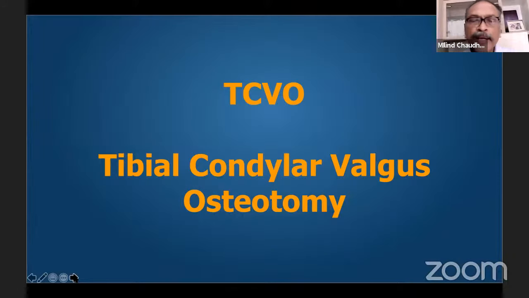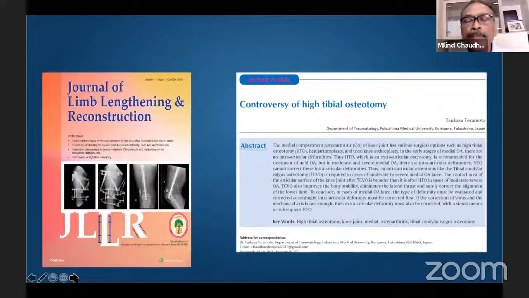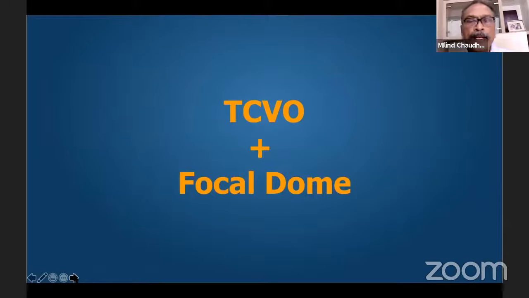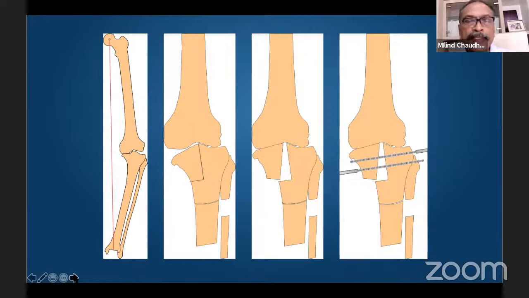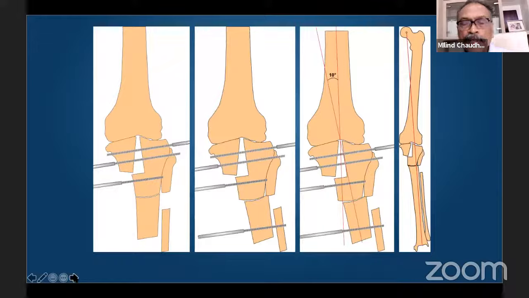So briefly look at the TCBO written up in very few journals in the English language literature. First in 2015 in JLLR by Professor Teramoto, who was one of the original students of Professor Chiba. So I'll focus on the large deformities. So we use it in combination like this. This is the deformity. We perform 2 osteotomies and translate the distal osteotomy till we get a good correction of